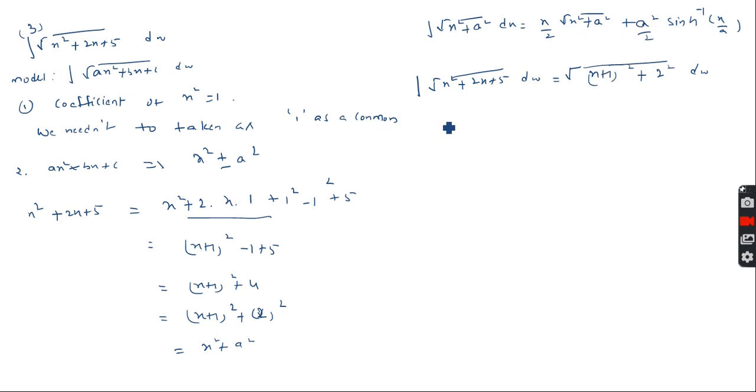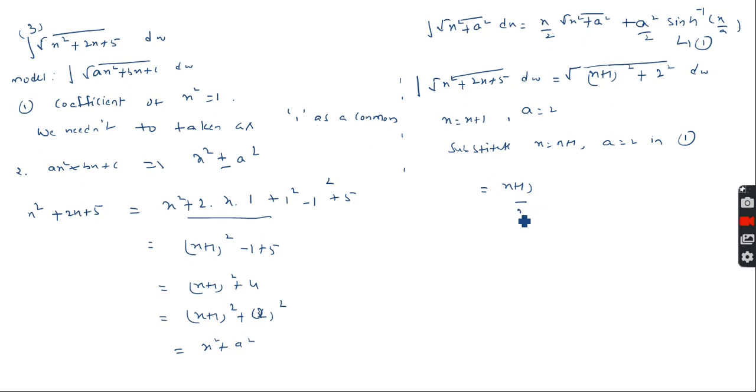Substituting x equals x plus 1 and a equals 2 in 1, we get